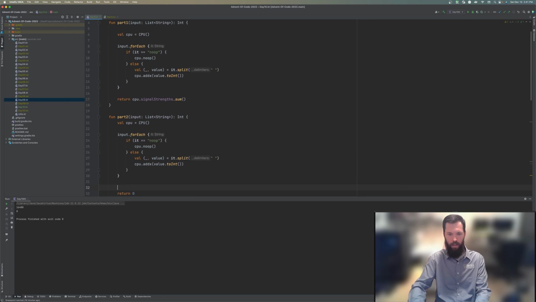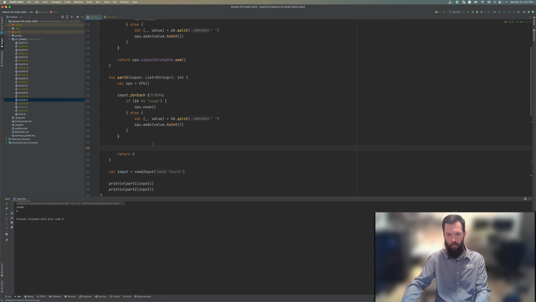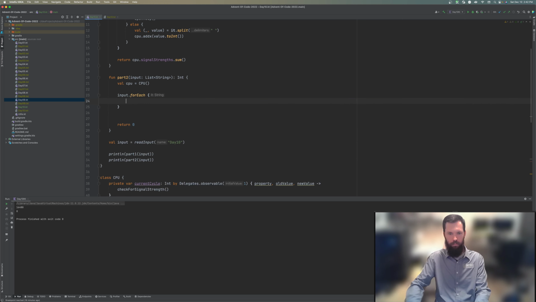The main difference being what we will care about at the end. And we can even make this part of the CPU probably. Just say CPU